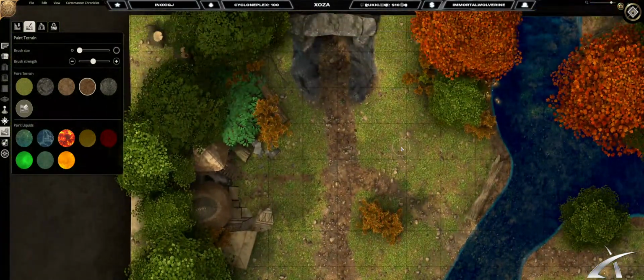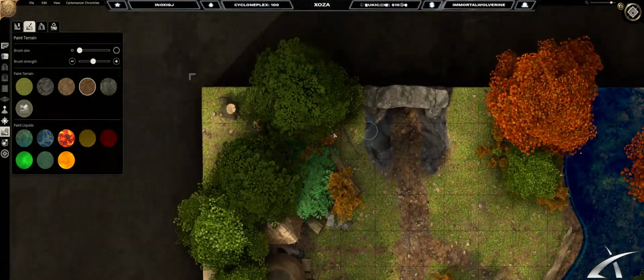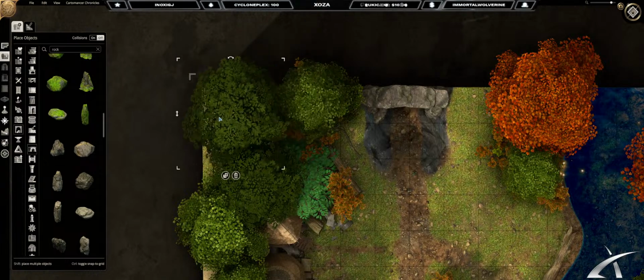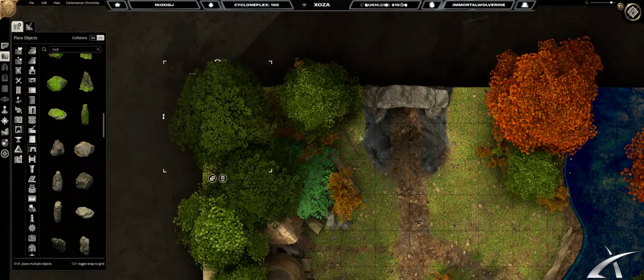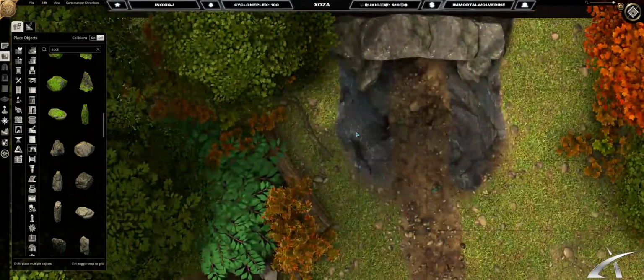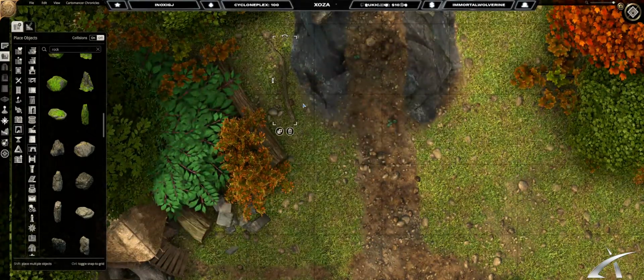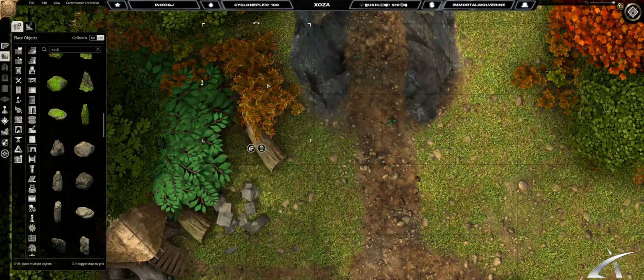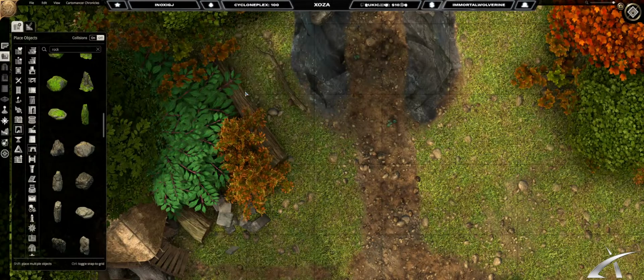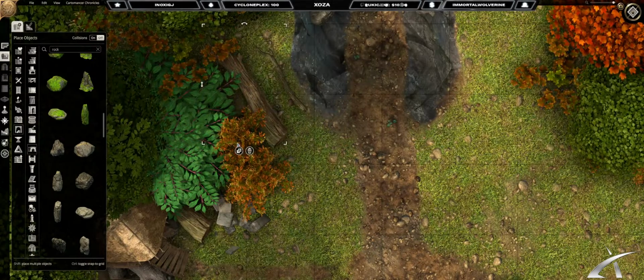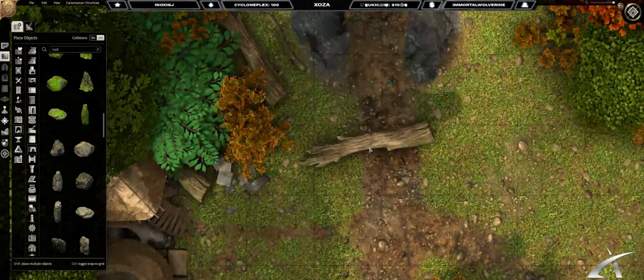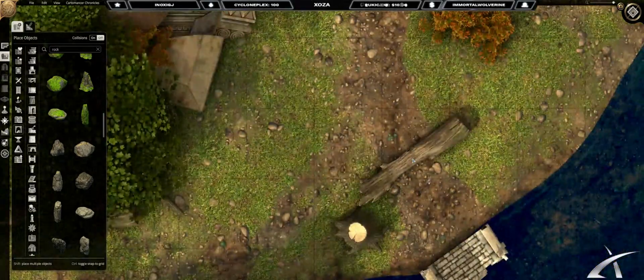There you go, something like that. These trees to dense this up a little bit. Steal one of these logs. We're gonna say that this log